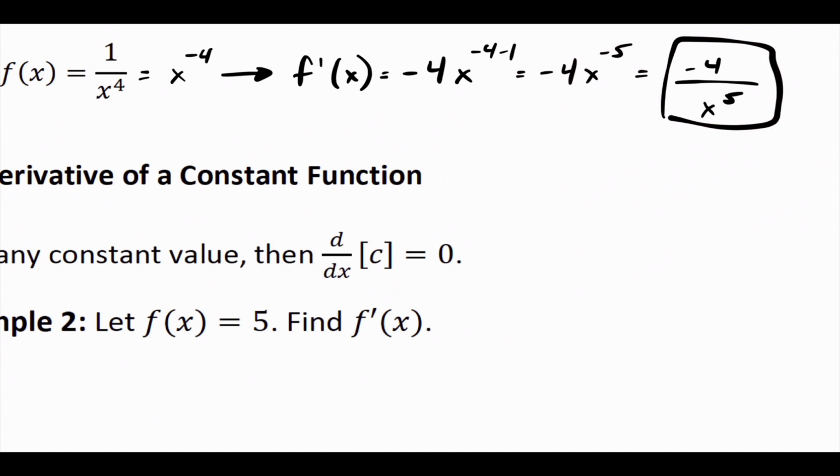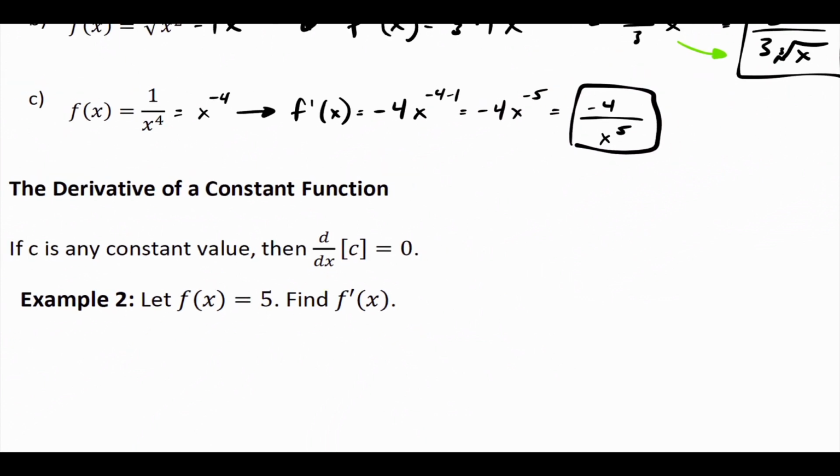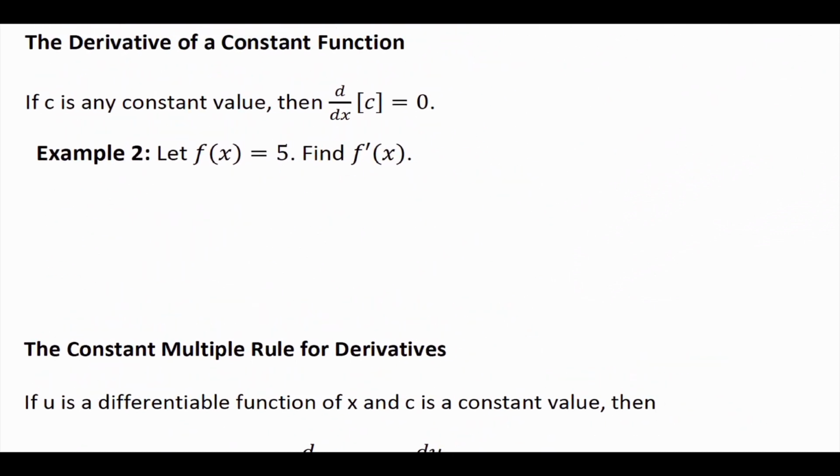Okay? That's the power rule. That's the one we're going to use almost every single time. Okay? So constant function. So a constant function means just a number. So if f of x equals 5,